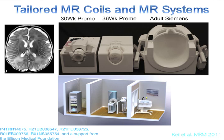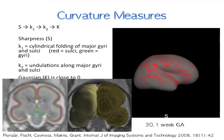So we can build these coils, because the first thing to start out with is the best data possible. Getting coils the size of premature babies' heads, and not using standard adult coils, for data acquisition is one of the projects. A second project is also bringing the MRI close to the baby. We have collaborations with GE to develop a mini MRI that's actually going to fit in a closet within the ICU. We're hoping to develop that into a commercial system so MR imaging becomes more standard in this